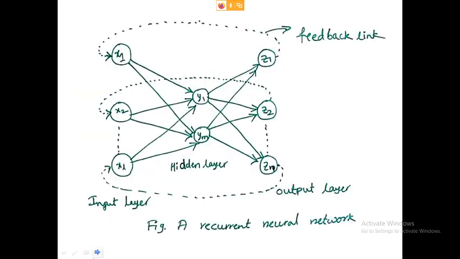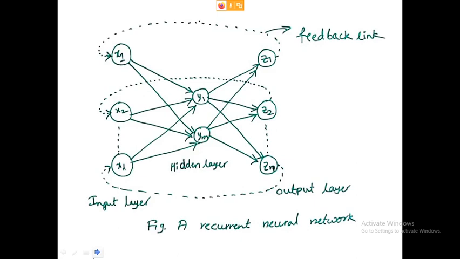Let us see what a recurrent neural network architecture looks like. Here x1, x2 and so on xl are the input neurons, y1 to ym are the hidden neurons, z1 to zn are the output neurons.